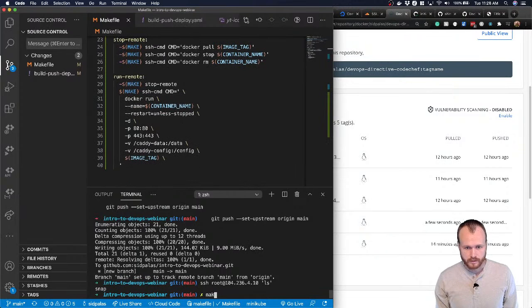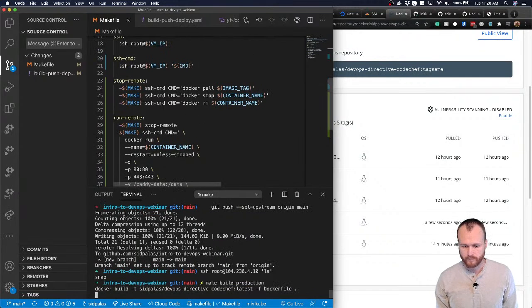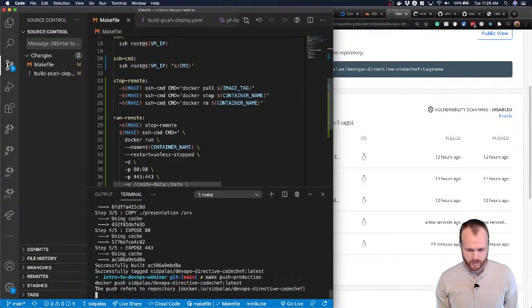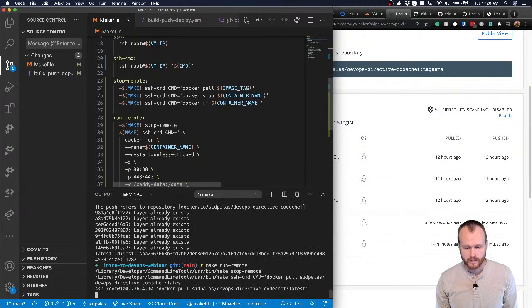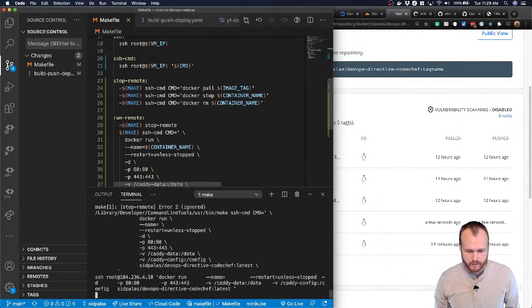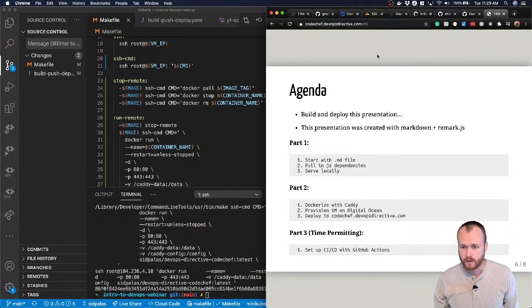I'm going to test it locally with make build production. Make run, make push production. Okay, so we just built and pushed our latest image, and then I'm going to do make run remote, and it's going to grab that latest version, stop the previous container, and then start a new container. So hopefully,